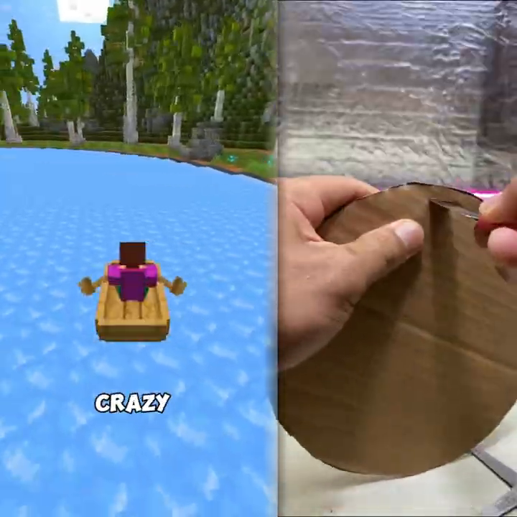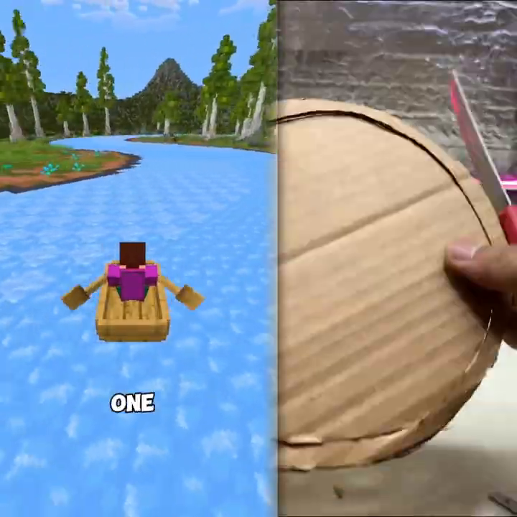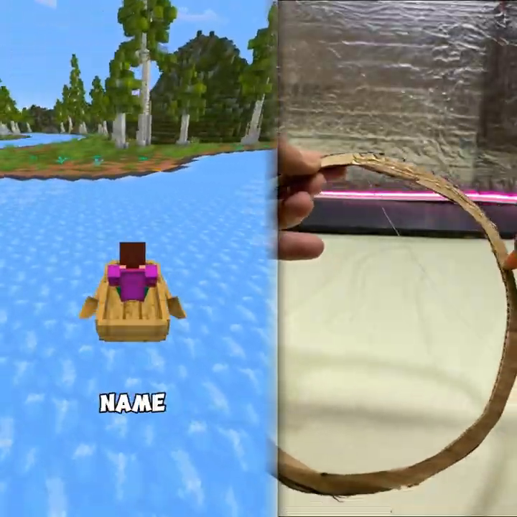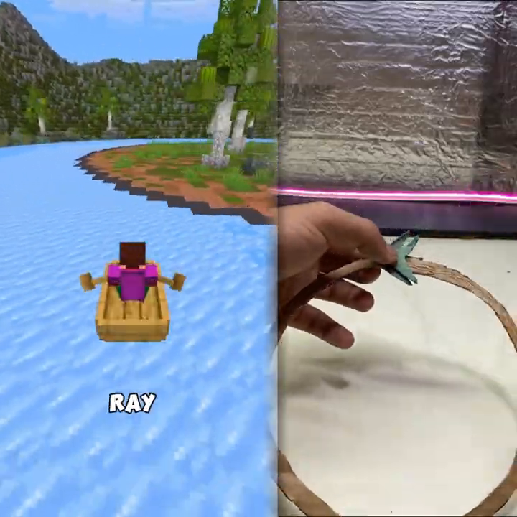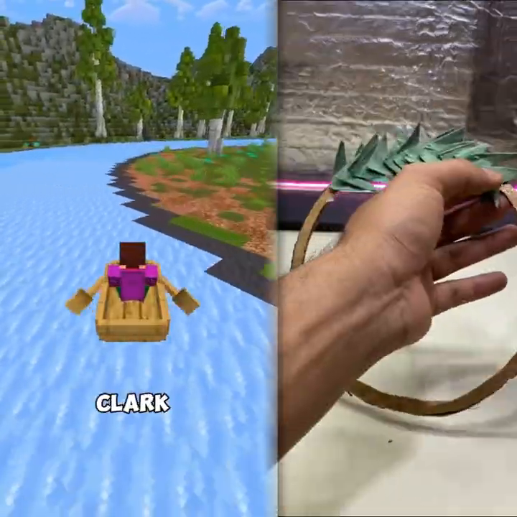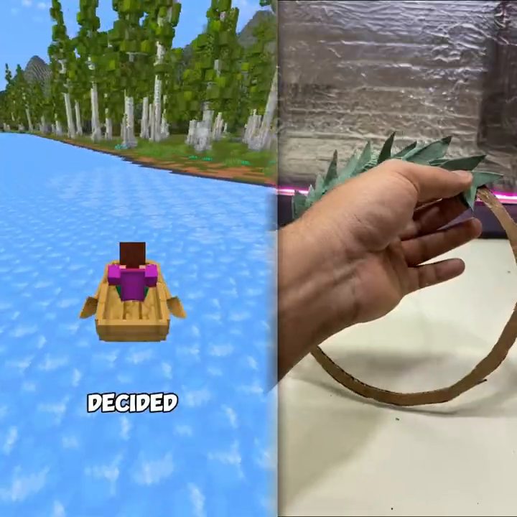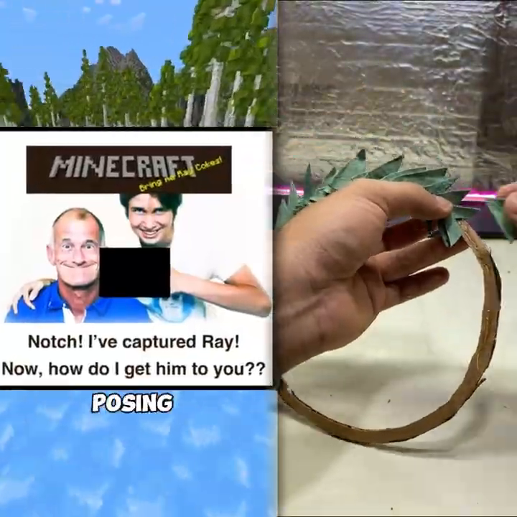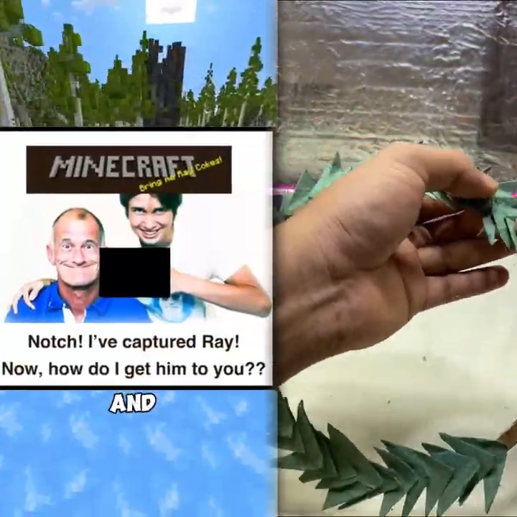But here's where it gets crazy. Among Minecraft players, there was one guy who actually knew Ray personally. His name, Julian Clark. And even wilder, Ray Cokes was his godfather. When Julian Clark saw this strange message in the game, he decided to have some fun. He took a photo with Ray, posing with an object we can't exactly name here, and posted it on Reddit